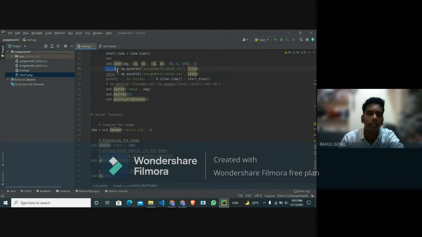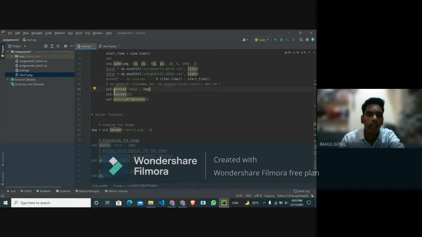Then data x is a variable used to save the list in the CSV file, and data y is used to store all the y coordinates in the CSV file. Then print the execution time.